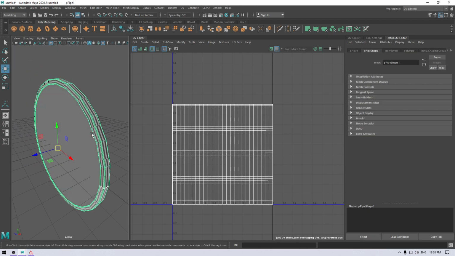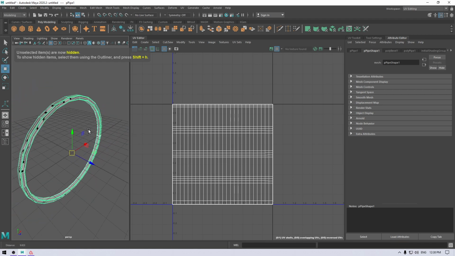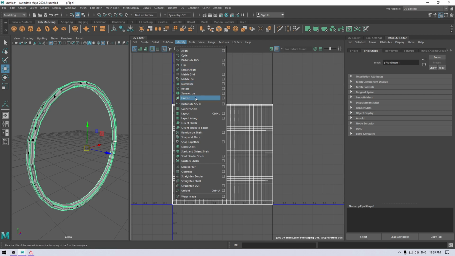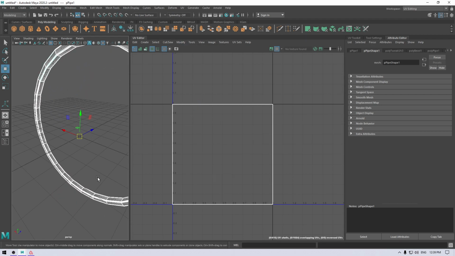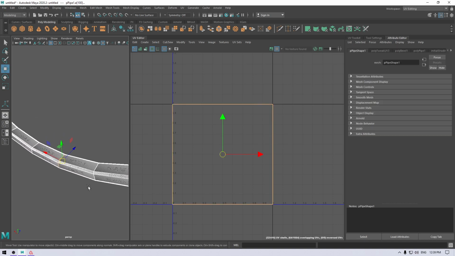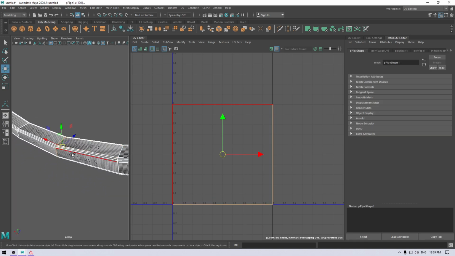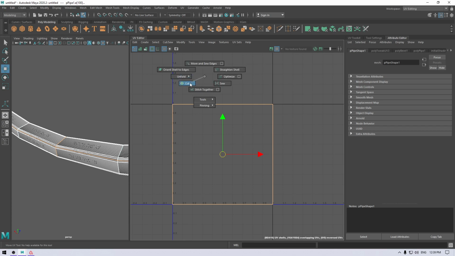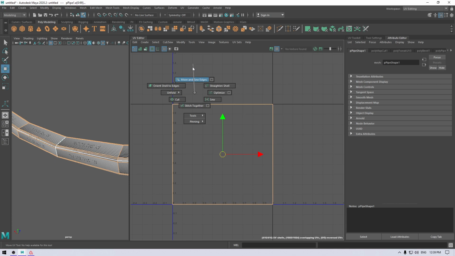Now select this and press Alt H again to isolate. And for this one, I'm going to use the unitize method. Go to modify and unitize. Now we need to add some seams. Go to edge mode, select this edge and this one. Go to edge mode in the UV editor. Press shift right click to cut and again press shift and select all the edges to make an inverse selection. Now move and sew.